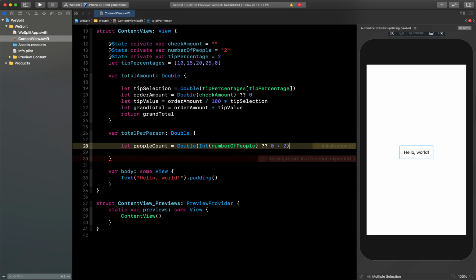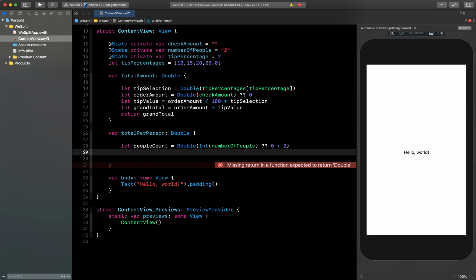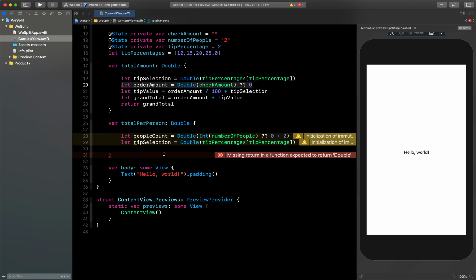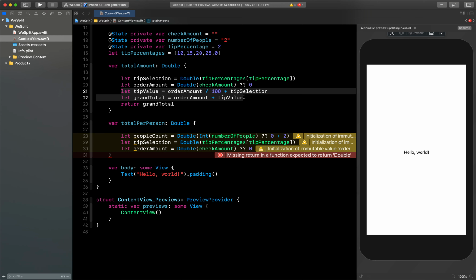Then also below this I need to do the tip selection, so let's copy this from here. It will be tip percentage or tip selection, so let's paste it here. Also we need to get the order amount, which is the same as this, so let's copy this again and paste it down here. Also after amount I need to calculate the tip value and grand total, so let's copy this part again